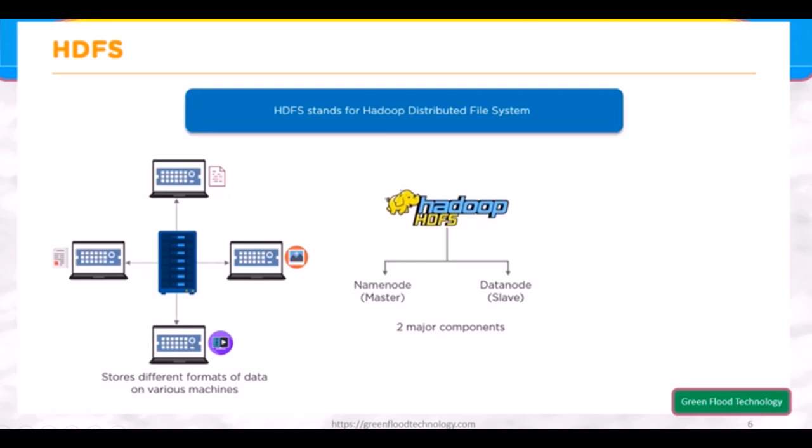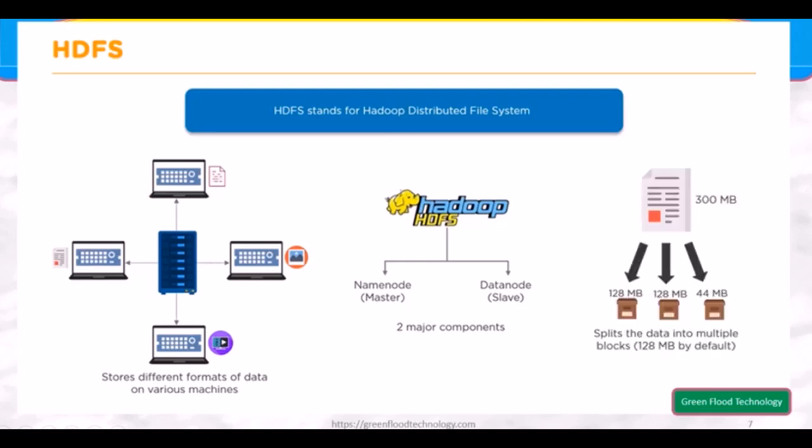Hadoop has two major components, a name node or master and data nodes. The Hadoop cluster consists of a single master node and multiple worker nodes. The name node holds the metadata for HDFS, and the secondary name node sometimes performs housekeeping functions for the name node. The data node stores the actual HDFS data blocks. So this is HDFS, designed to handle large-scale data in a distributed environment,